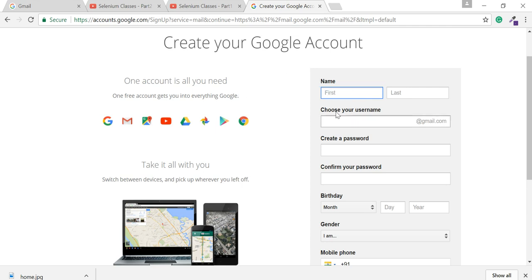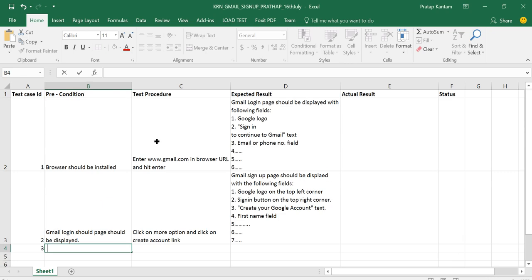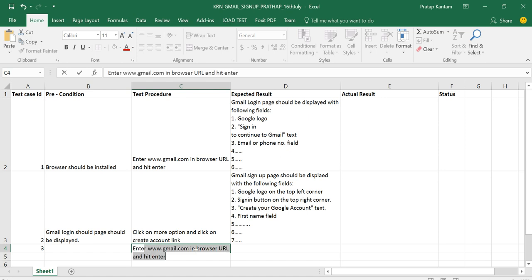Okay, now the third test case will be inside that only. Yeah, inside that. The first case was signing in. The second, I want to navigate to this page, right, to test that. That's why I am writing the first and second, and the third one starts the actual testing of that particular page. Enter only spaces in the